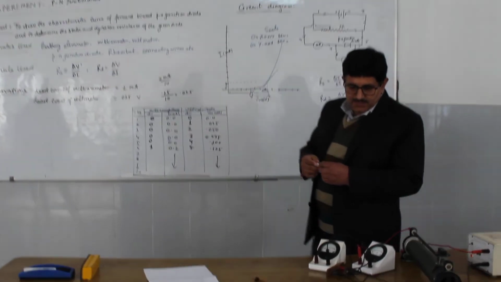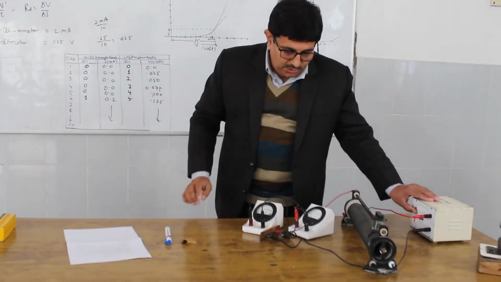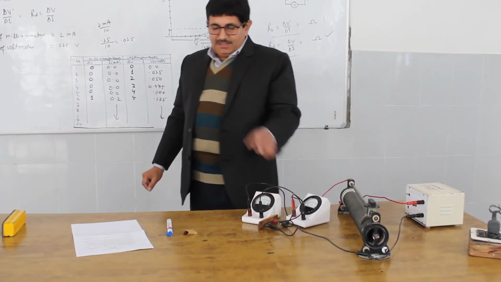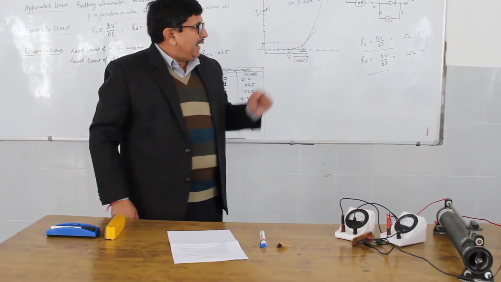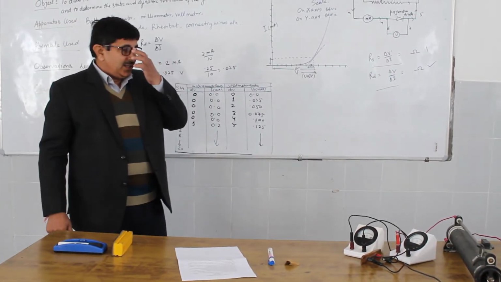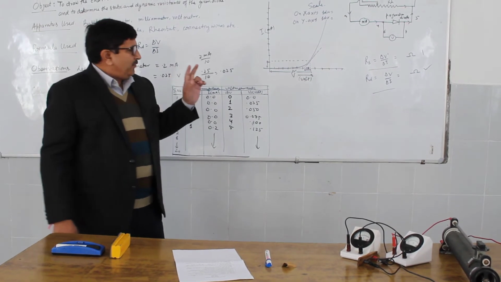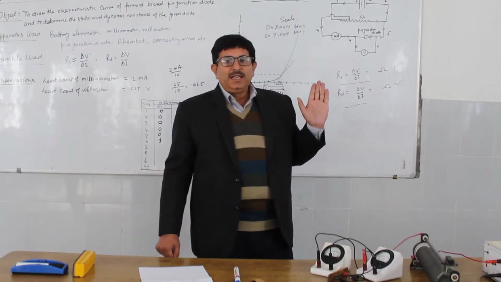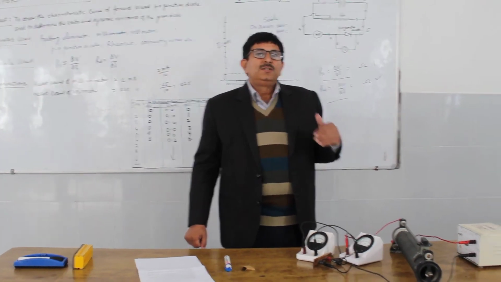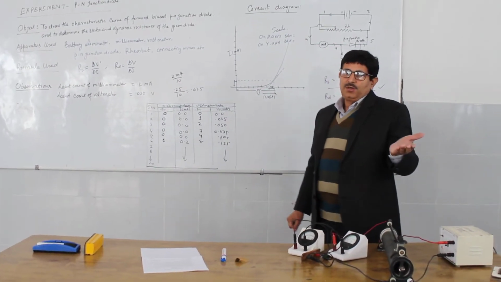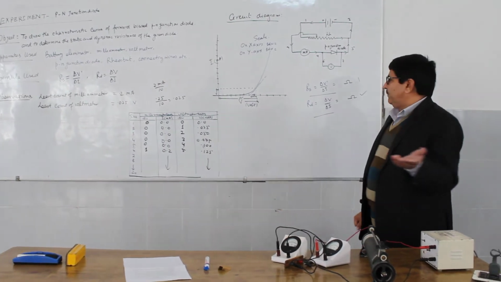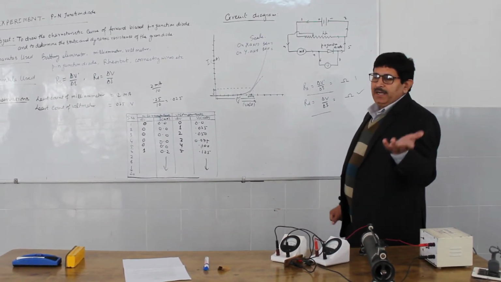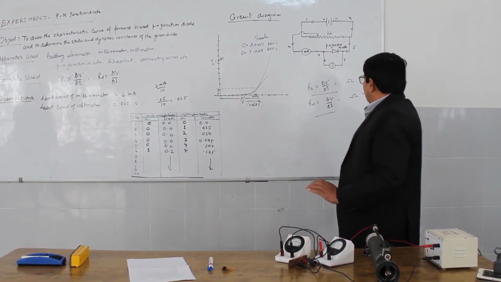As a precaution, a large current should not flow through the diode, otherwise the diode will get heated. A diode is a unilateral device. The resistance of a diode in forward bias is a few ohms, and in reverse bias it is kilo ohms to mega ohms, depending upon the doping and design of the diode.